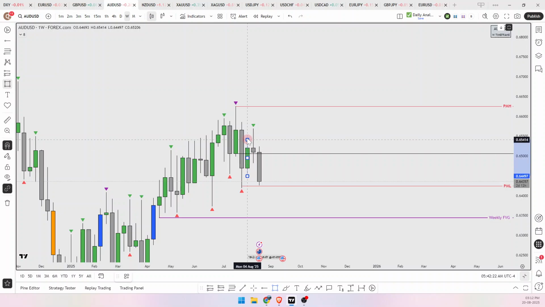If you are seeing this in the perspective of CRT, here you can see this is the CRT candle. Why? Because this was the candle which poked into this weekly bearish OB, and the next candle has swept the previous candle high, that is the previous week high, and it has closed inside this weekly CRT candle range. And this is the third candle, which is the continuation candle. So this second candle is the manipulation candle, which took out the previous candle high, and it has closed inside this candle range. And the third candle is the expansion candle, which has fallen down and took out that CRT